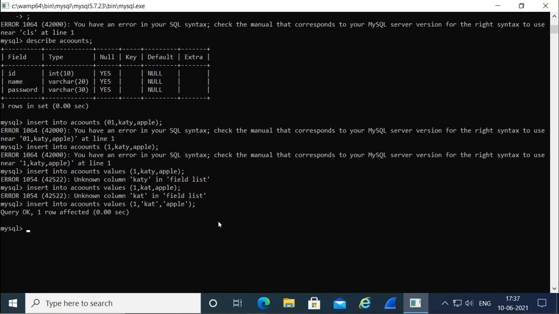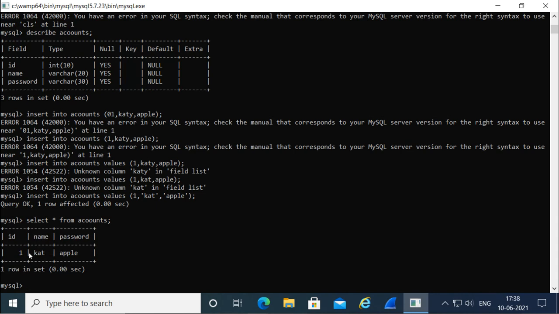So now when I want to see what I did, I will go for select star from, that means I want to see all, from the accounts table, and it says that this is the information I added. We can add more information. We can add more names, like password will be test, username will be Don, and ID will be 2.